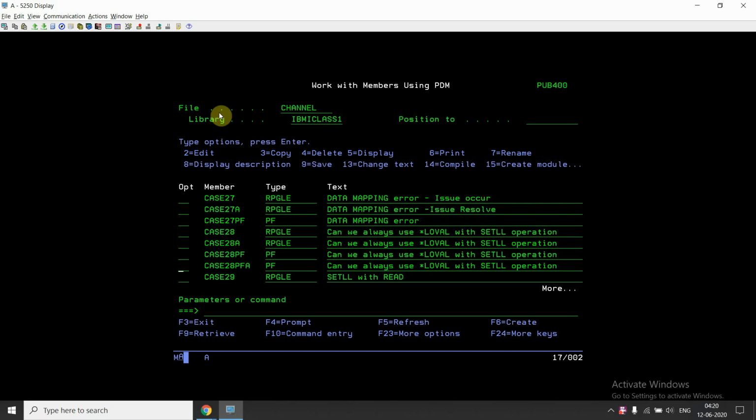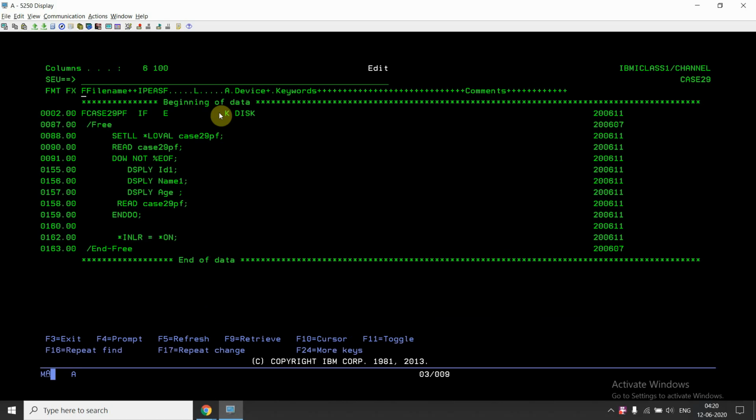Now just understand the usage of SetLL with read. So this was the first case where I used *LOVAL with SetLL. In that case, I'm able to read from the first key value, and I'm reading the full file, right?